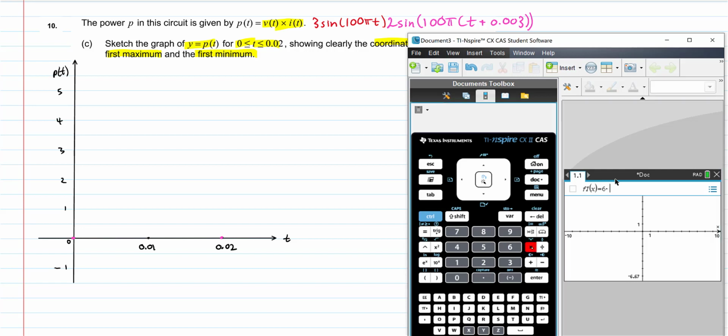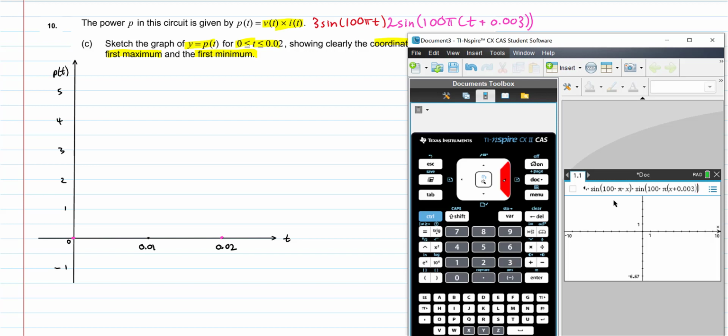So we're going to have 6 times sine of 100 times pi times x, and then we're going to multiply that by sine of 100 times pi, and just be careful with the brackets here, so brackets x plus